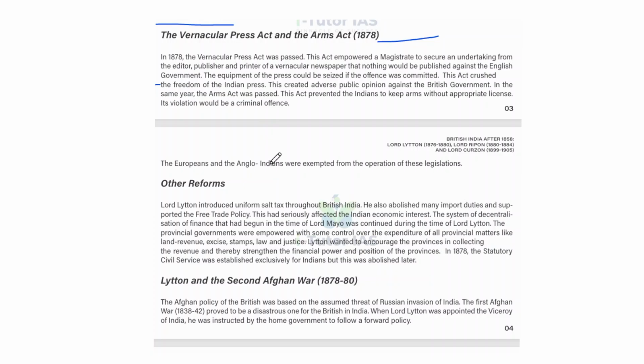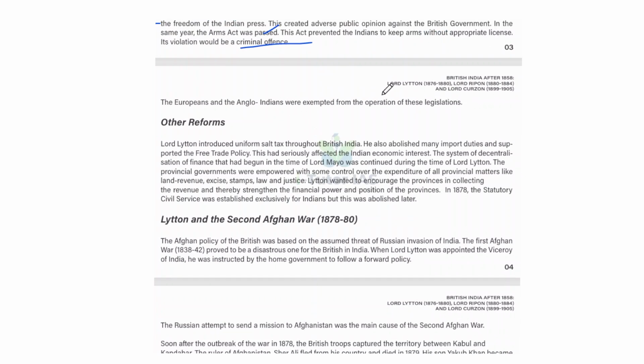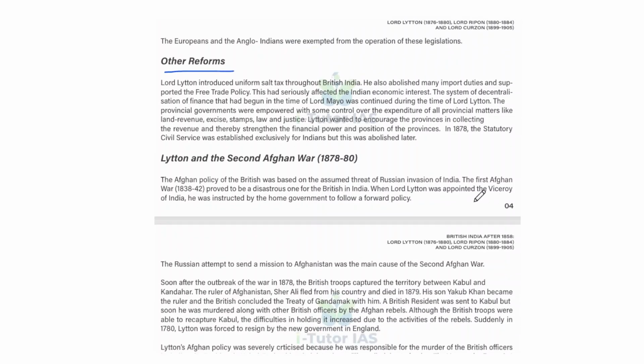British government. In the same year, the Arms Act was passed, and this act prevented the Indians to keep arms without appropriate license. Its violation would be a criminal offense, and the Europeans and Anglo Indians were exempted from the operation of this legislation. And other reforms, Lord Lytton introduced uniform salt tax throughout British India,